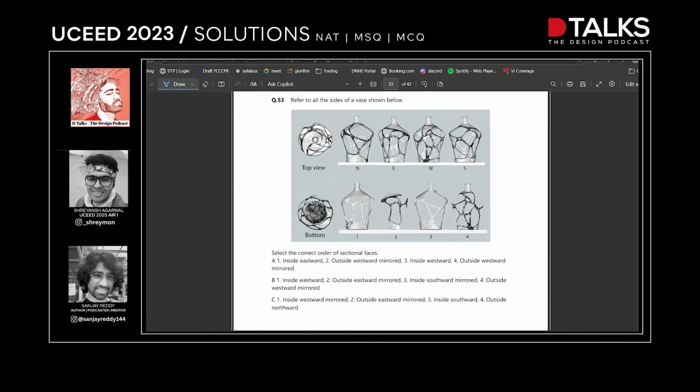Refer to all sides of a vase shown below. And select correct order of sectional faces. Right. So the first part over here, you can see this. So I hope it's clear that these darker parts are on the outside and these lighter parts are on the inside, right? So if you see, this shape is somewhere over here. It's on the back side of W,